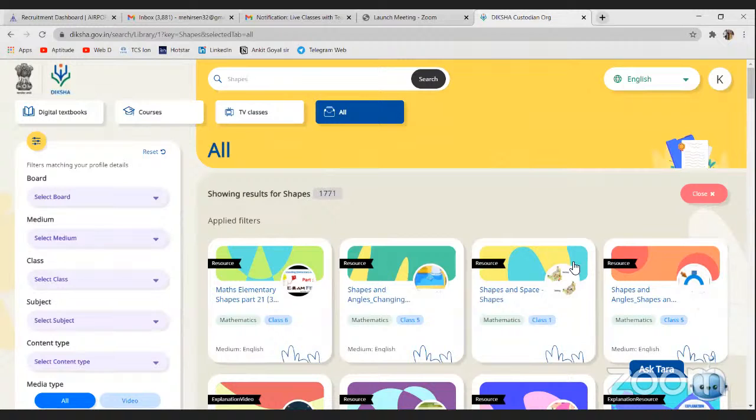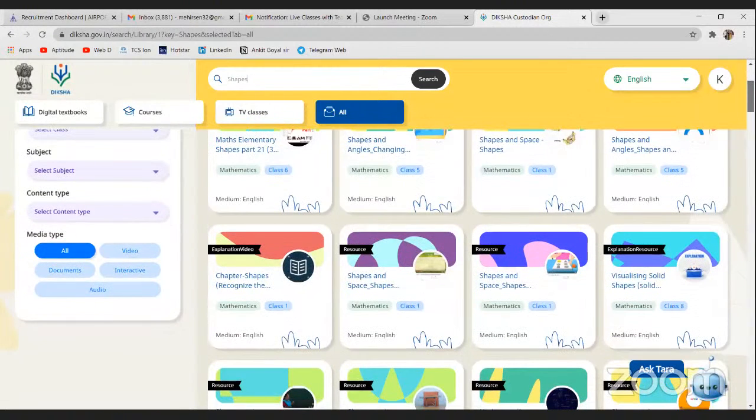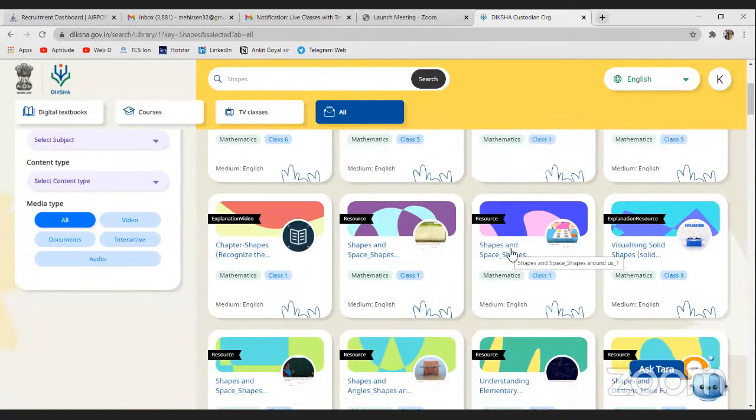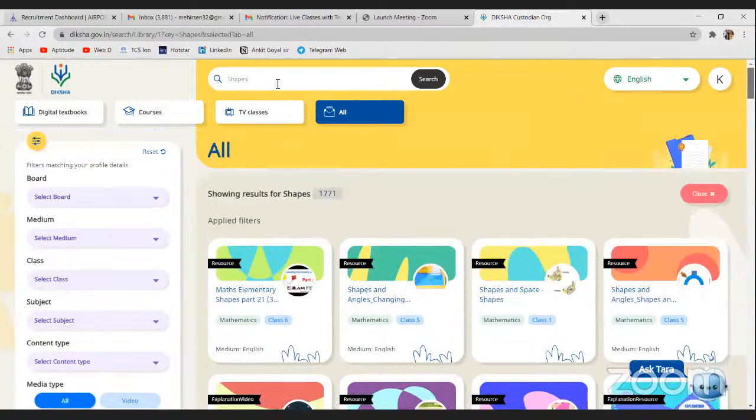सो आप देखेंगे यहाँ मुझे क्लास 1 का शेप एंड स्पेस मिल जाएगा, क्लास 5 का शेप एंड एंगल्स मिल जाएगा। इफ आई स्क्रॉल डाउन नीचे, देन इस तरीके से मैं रिसोर्सेज निकाल सकता हूँ अपने बच्चों के लिए, एंड देन आई कैन टेक इट अप इनटू माय क्लासरूम। अगर इफ आई वांट समथिंग फॉर द टाइटल फोनिक्स,